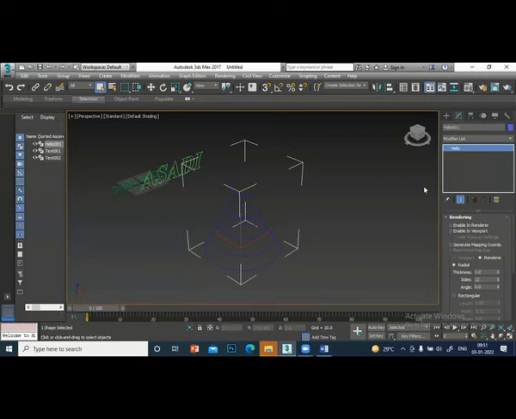Once you don't see the parameters, immediately you have to go to modify, then only you will get the other parameters. Whenever you create an object, that time only you will see the parameters. If you want to change the parameters, you have to go to the modify panel.